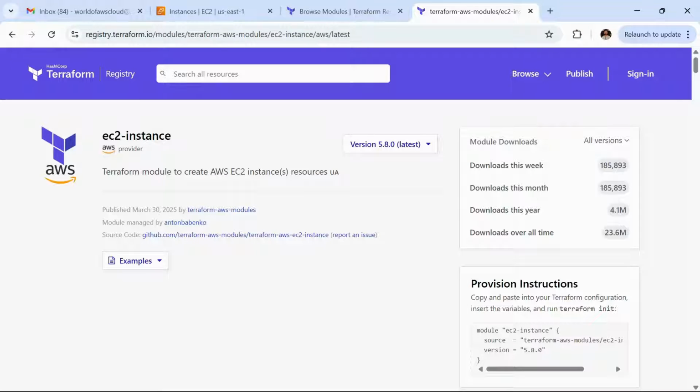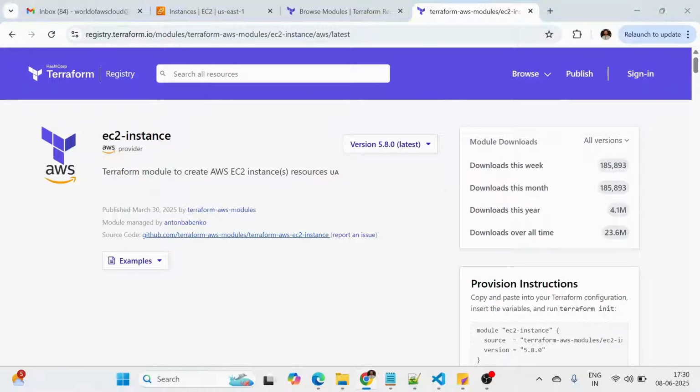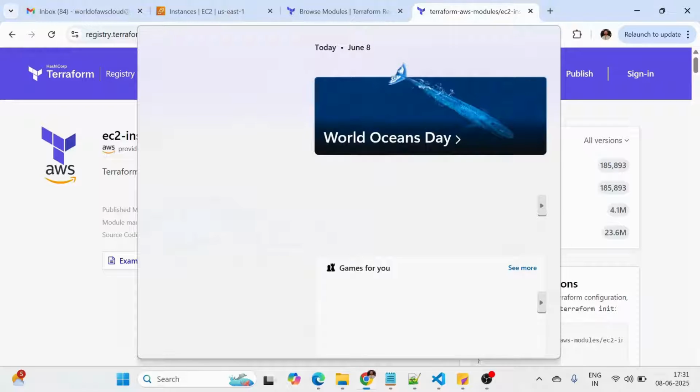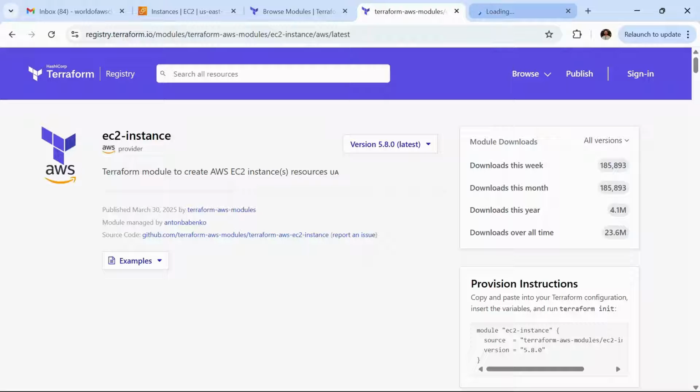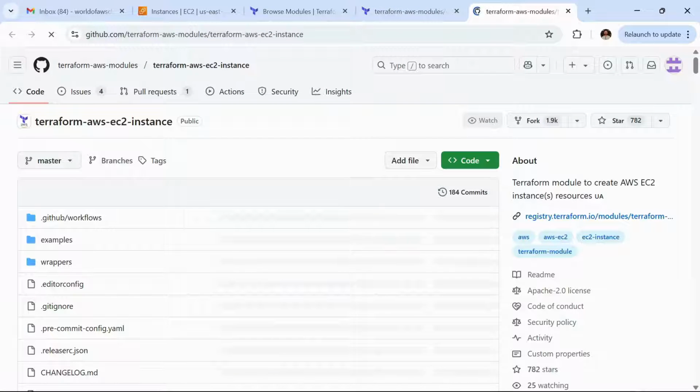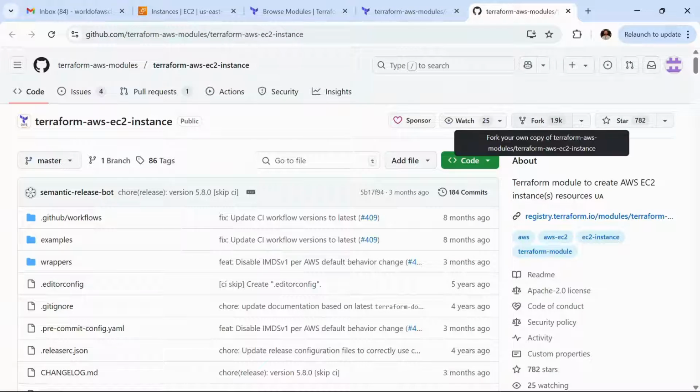According to the downloads, there are a lot of organizations and individual users using this module, and if you open the source code repository you will get more insight about it.